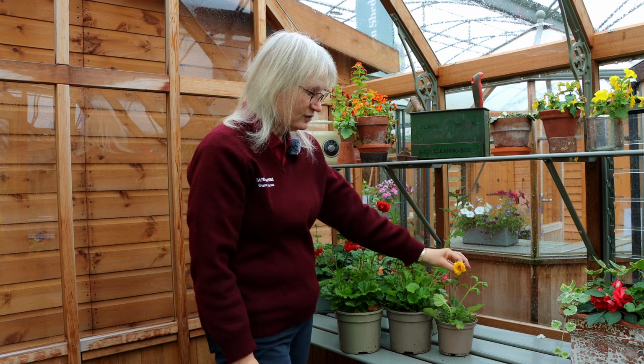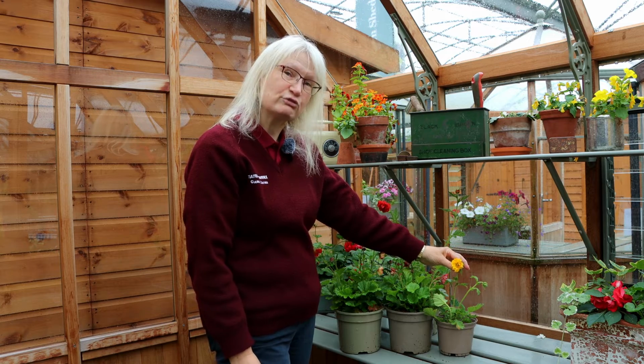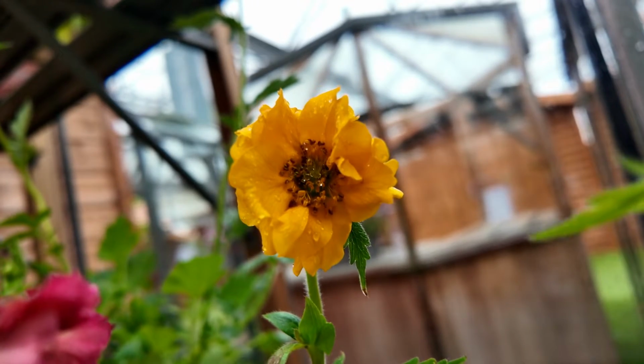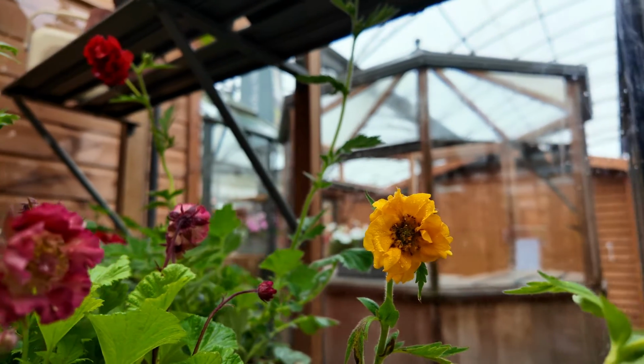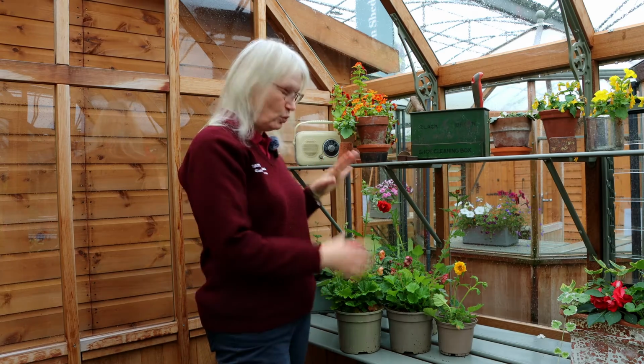This one down here is one of my favourites. It's actually called Lady Strathglen. Not sure who she was, but she has such a golden yellow geum. It's really beautiful. Totally Tangerine is not one I've got here, but that's another really popular one